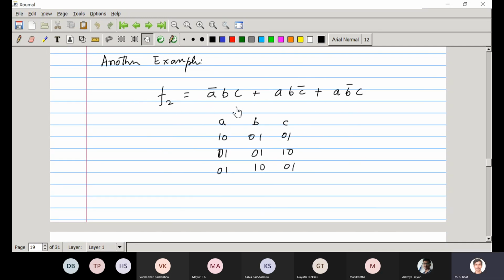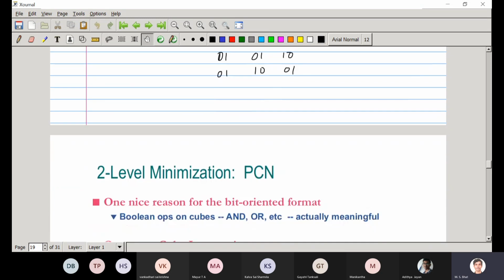Another example, F2: A bar BC, ABC bar, AB bar C. You just represent them in positional cube notation like this: 1 0, 0 1, 0 1, and so on, because A bar is 1 0, and B and C are 0 1, 0 1, and likewise for the other cubes.